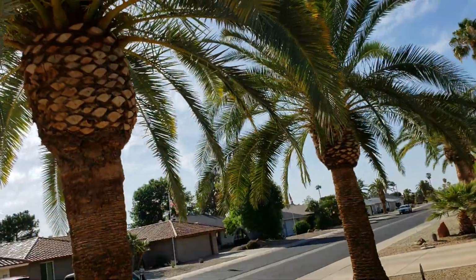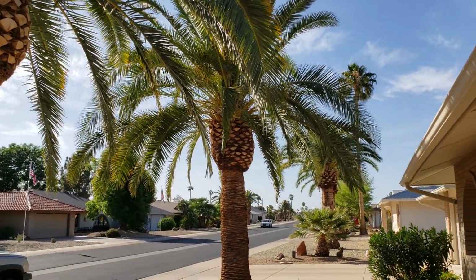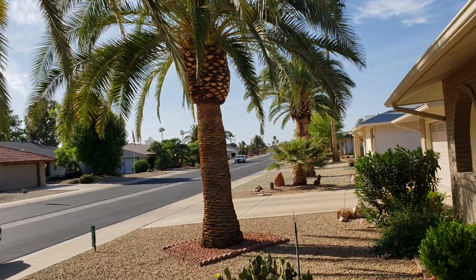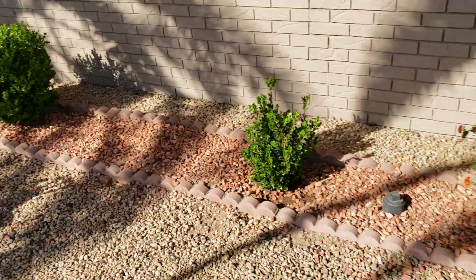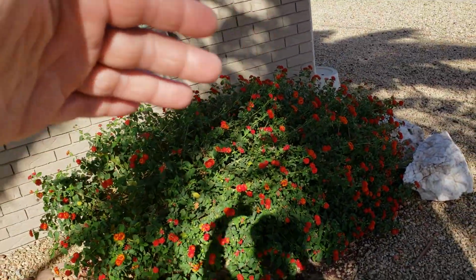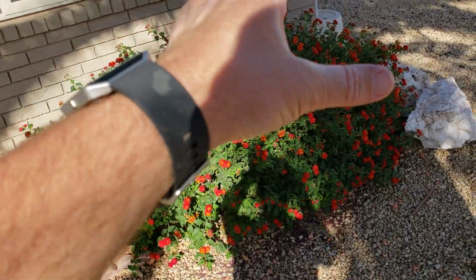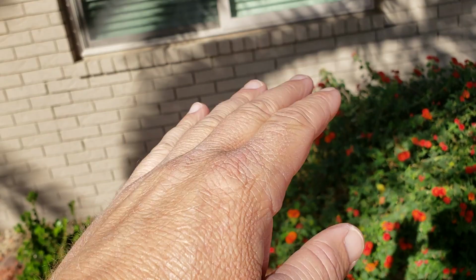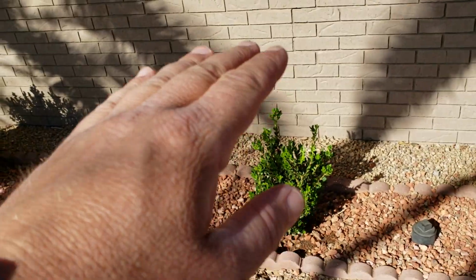Okay, these palms, we like them to have a little curve down and keep the seeds out, but we want to always be able to walk under them without hitting our head. So we want them at least even a foot above our head. And then on like this red lantana, we always want to keep it off the house. And I would say, like we've been doing, is nice. We've kind of let it get a little longer, and then we've rounded the front and kept it about a foot below the window. These 2 bushes can get the same height, so let this little one catch up, and